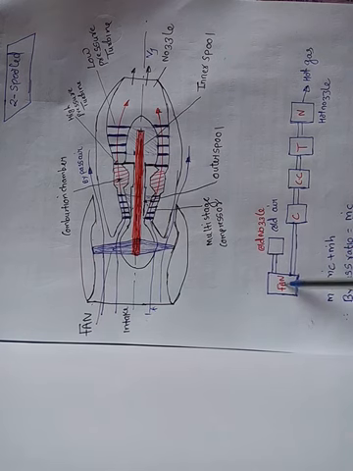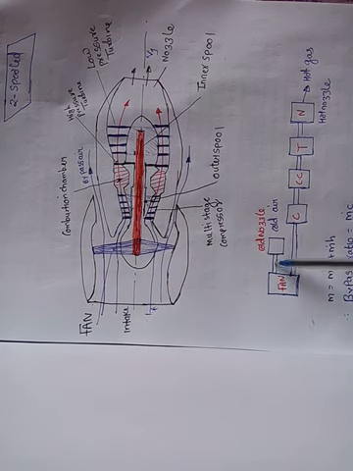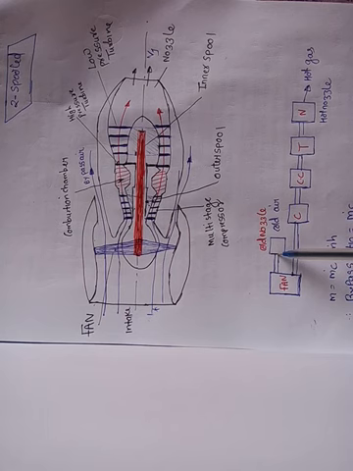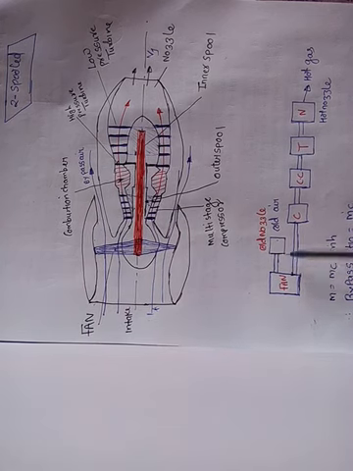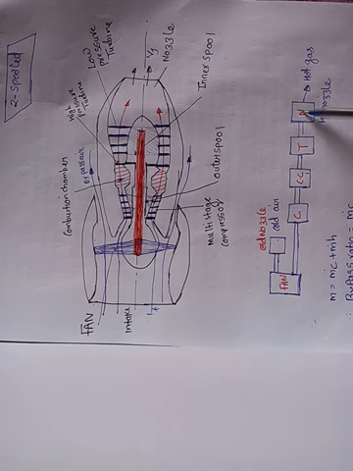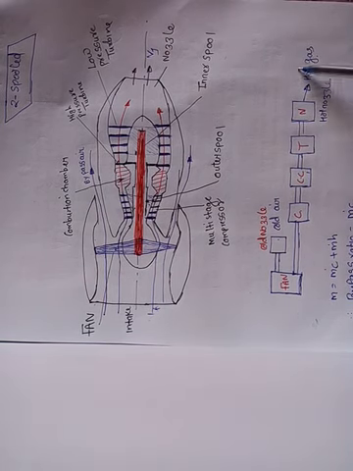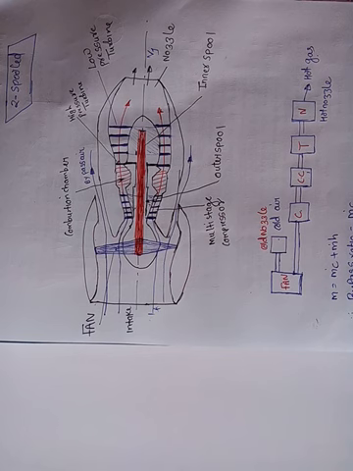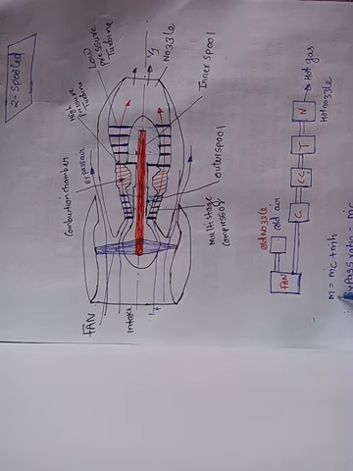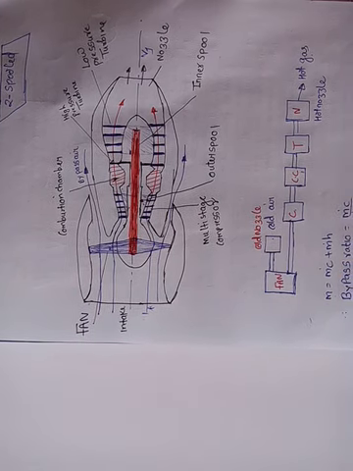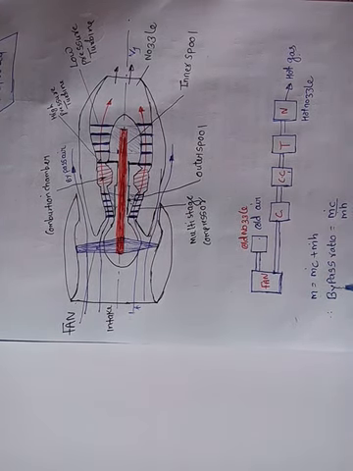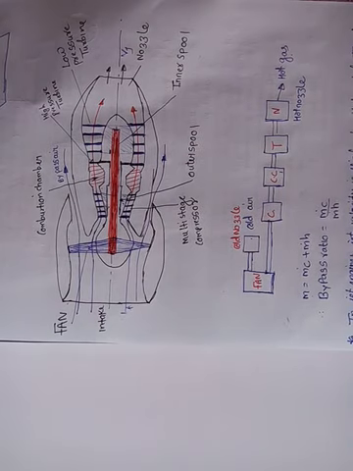Now if you see the block diagram of the turbofan, this is the fan, this is the bypass air. The air is divided in two parts. One part will go to the cold nozzle, the second will go to the compressor, then the combustion chamber, then the turbine, then the hot nozzle, and then the hot gas is expelled out. This cold air and the hot gas will help in the propulsion of the jet. So the total mass flow rate will be the mass flow rate of cold plus the mass flow rate of hot gas. So the bypass ratio is MC upon MH.